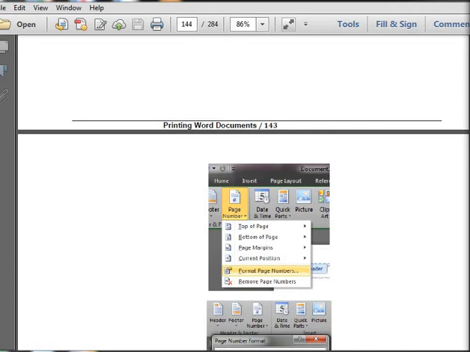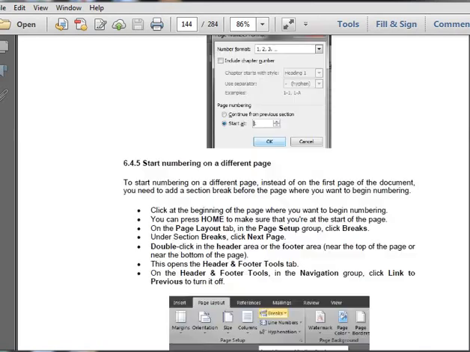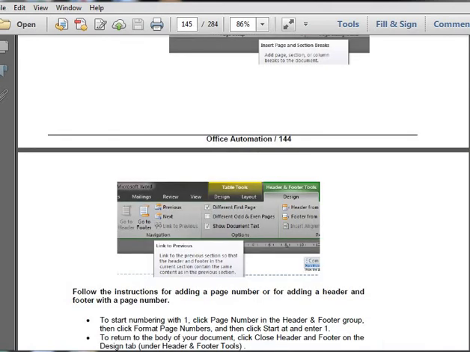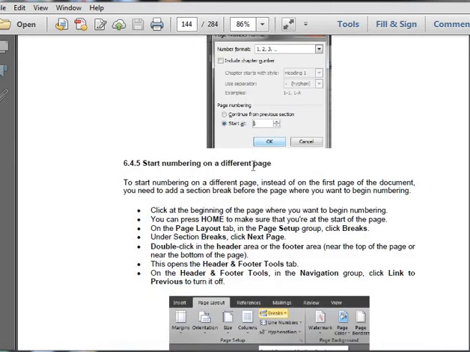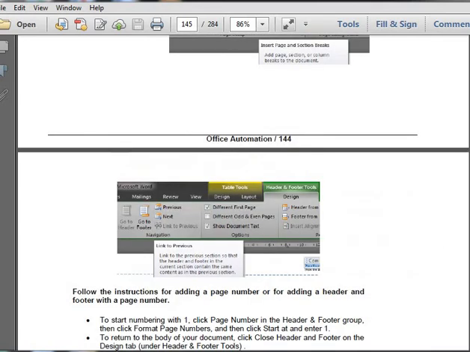Then there is also a setting to change the page from which your first numbering starts. Like if you are trying to edit a book, in a book you may have seen that the front page, or the index or contents page, or maybe some kind of preface, all these things do not have a page number. So that can also be adjusted from here. See, here they have given start numbering on a different page. So by following these steps you can start numbering on a different page.